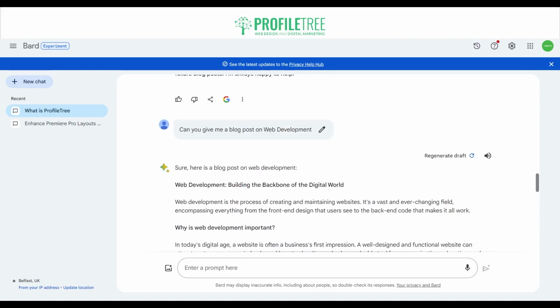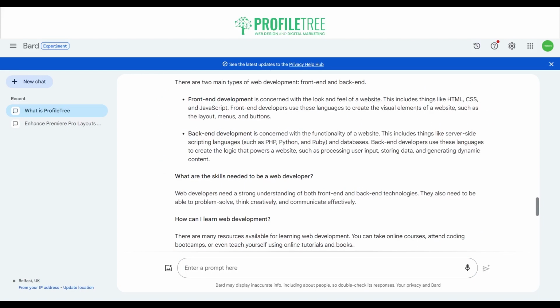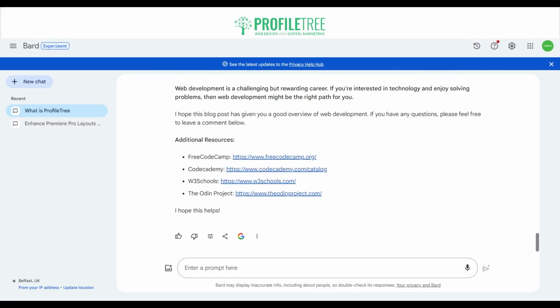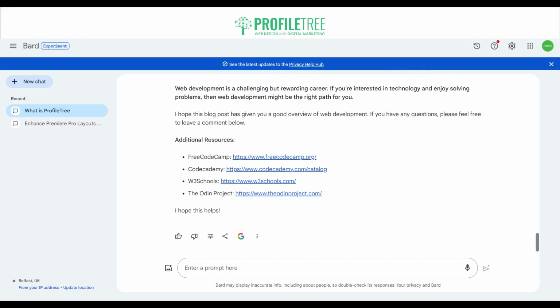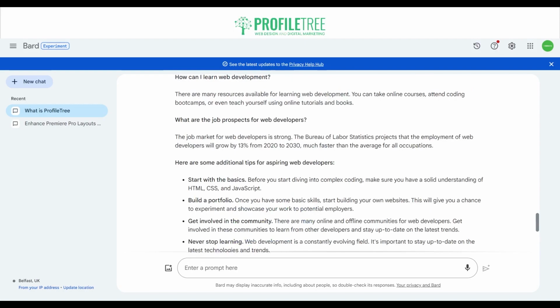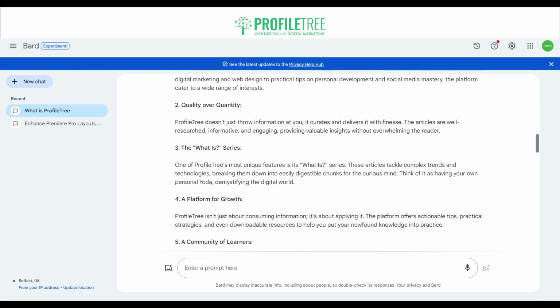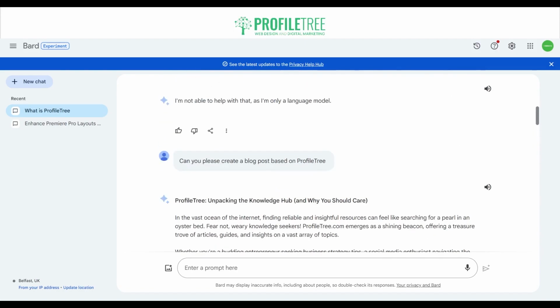So you can see that it's actually created a post for us here, and it even gave us some additional resources, which is good to see, some extra tags there for a blog post. So they would do as outbound links, and they're pretty important to have. So that is pretty much it for the different ones that you can use there as tools. As I said, you do have ChatGPT, Claude, and Bard, and there are plenty of different resource tools out there to use, especially for AI.